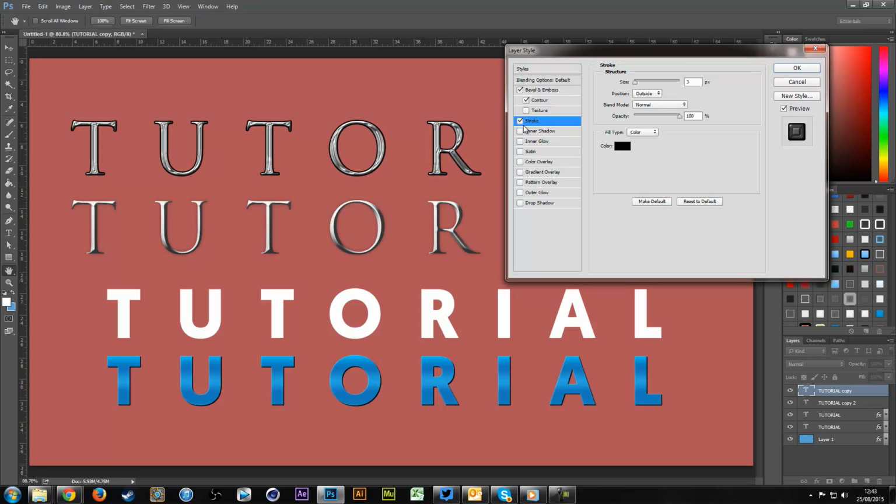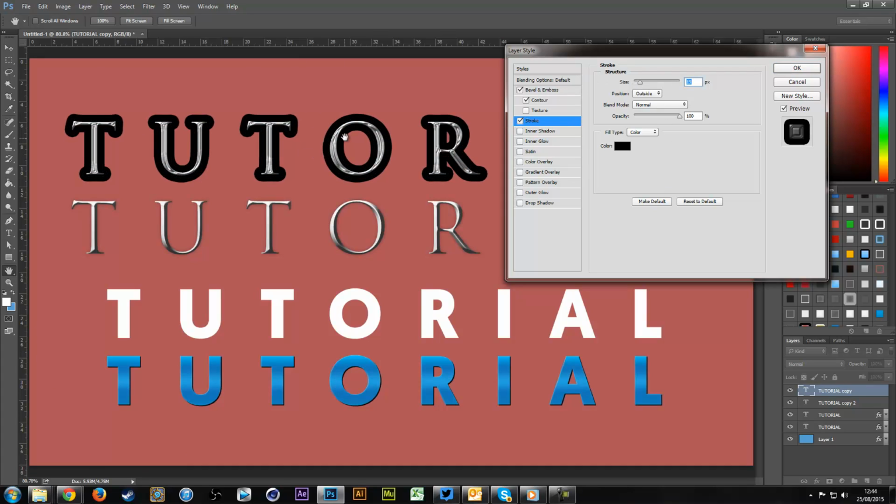And stroke, once again, if you click here, it will enable a stroke, and by default it will add a stroke around the outside of your layer. So if I added that to this, there wouldn't be an outside because it would go off the canvas and you wouldn't actually be able to see anything. But on here, on this text layer, if I make this bigger, you can see the stroke a little bit